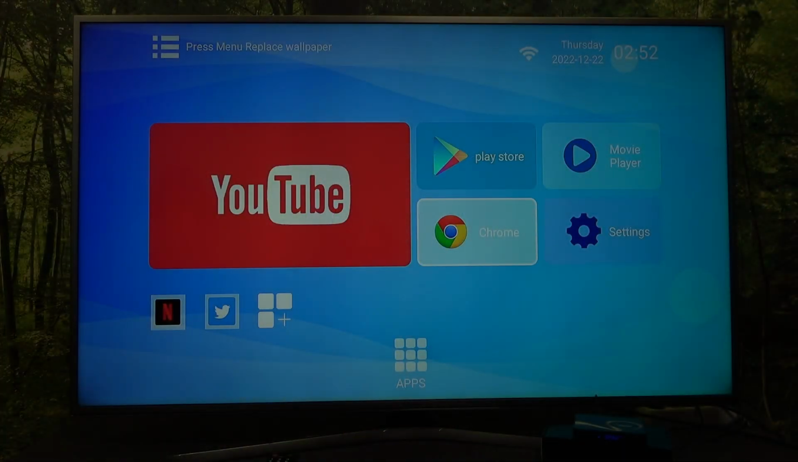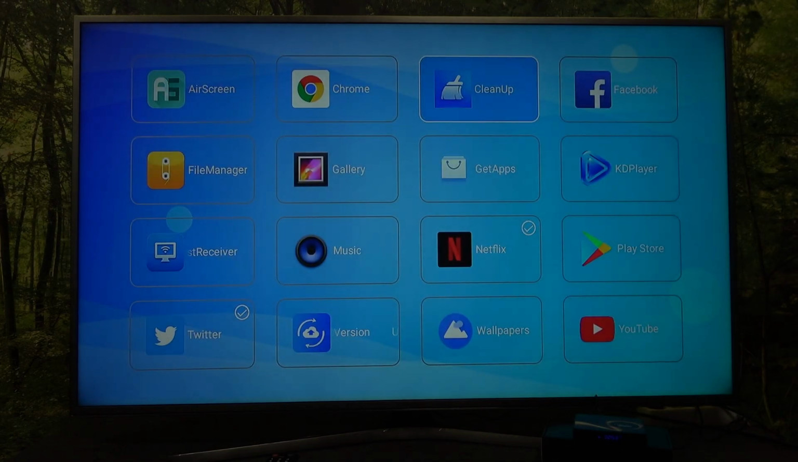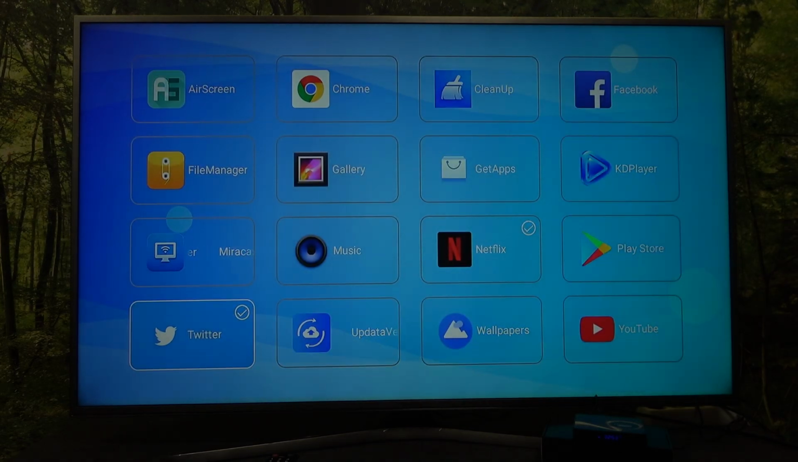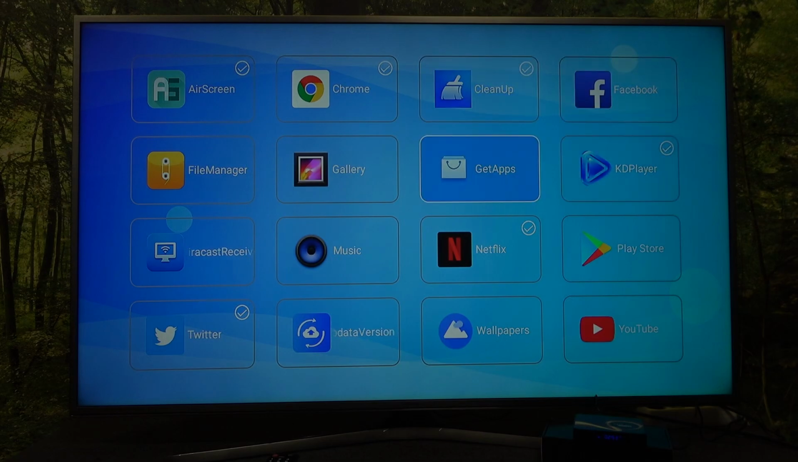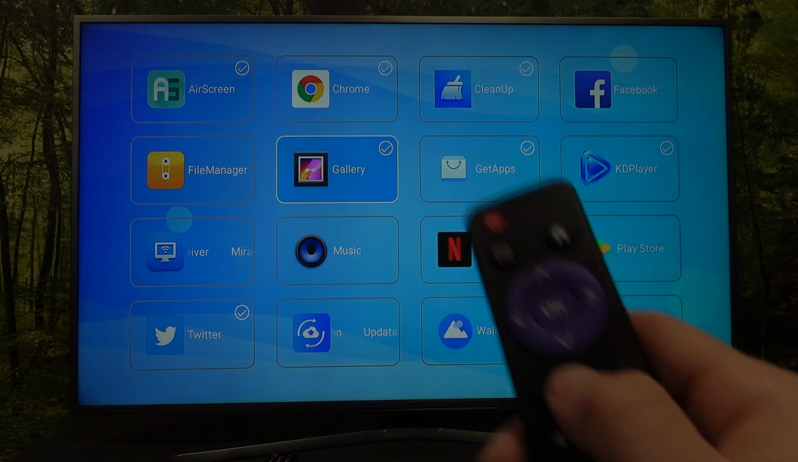In the beginning, as you can see right now, on my homepage I've got YouTube, Play Store, Movie Player, Settings, Chrome, Netflix and Twitter. If you want to add some new or remove current ones, go to this three squares icon, enter this menu, and as you can see right here we've got more apps installed on our box. Simply select which one of the apps you want to have installed on the homepage of your box, and now